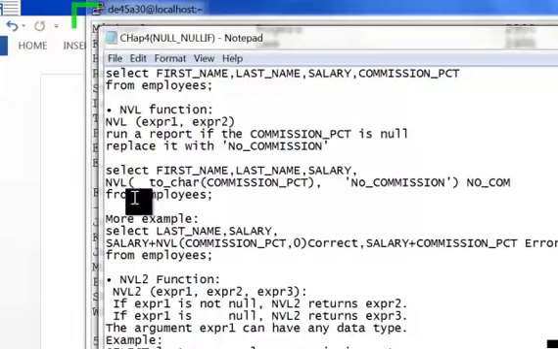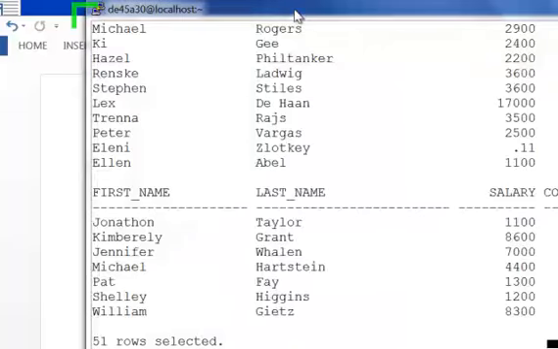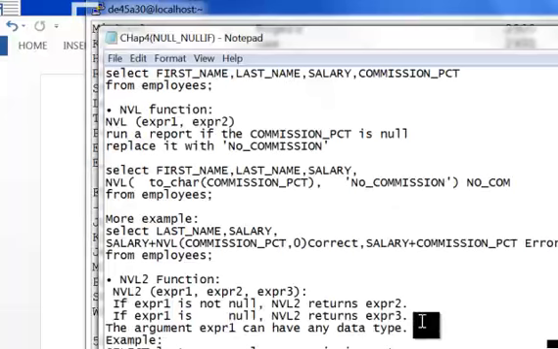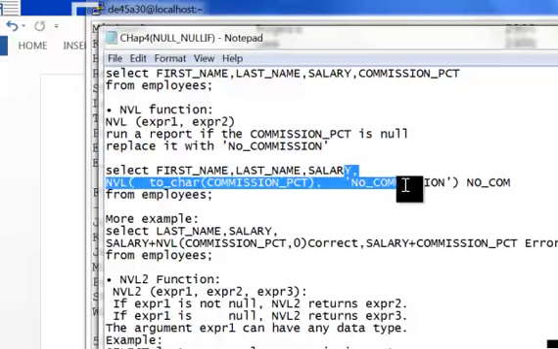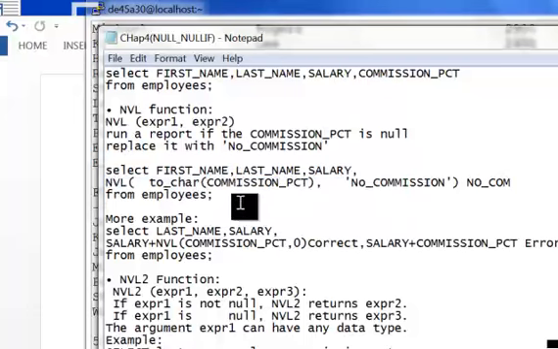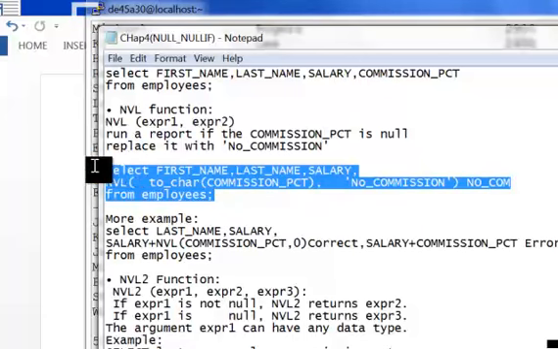First, because the commission is a number, we have to convert it to a string, so we can ask it to replace it with no commission. That's the reason the commission PCT right here, we convert it to character first. So in case it is null, replace it with the string no commission PCT. So if we're running this example right here,